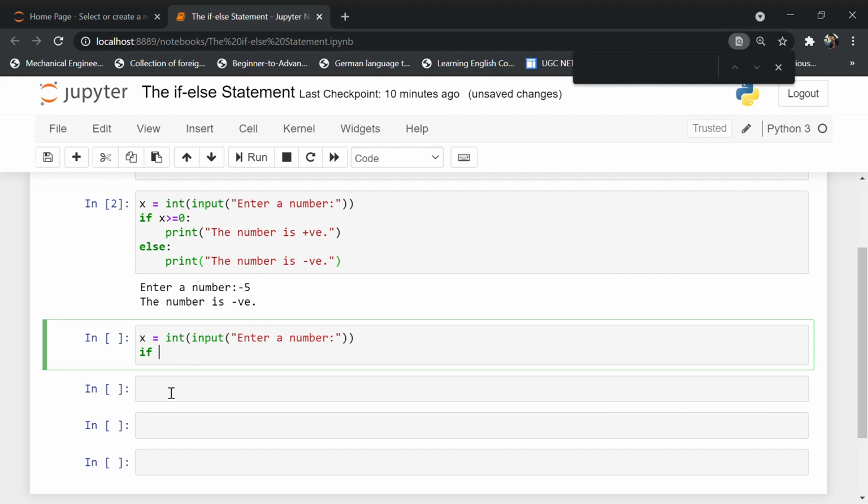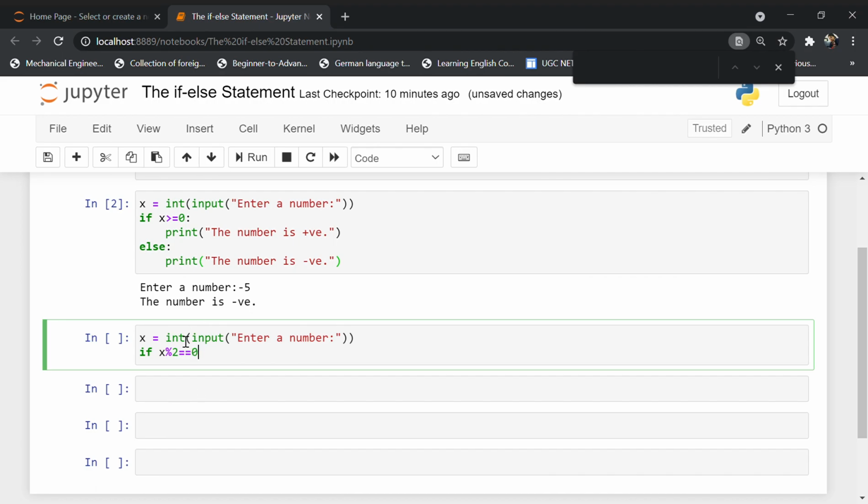We have to divide the number by 2, right? If the number is completely divisible by 2, then it will be an even number, or else it will be an odd number. So we have to mention x modulus 2 is equal to 0.